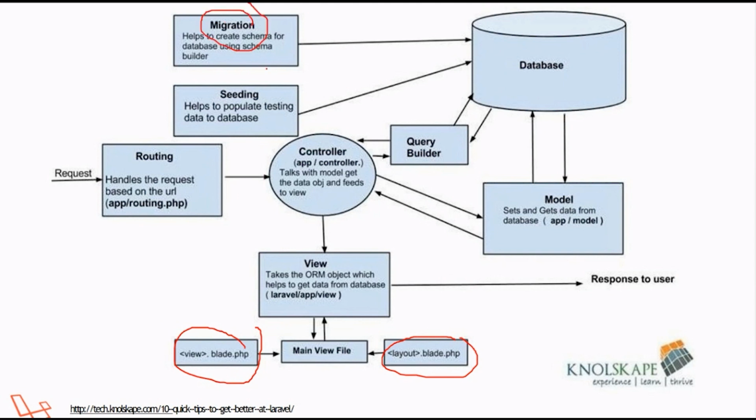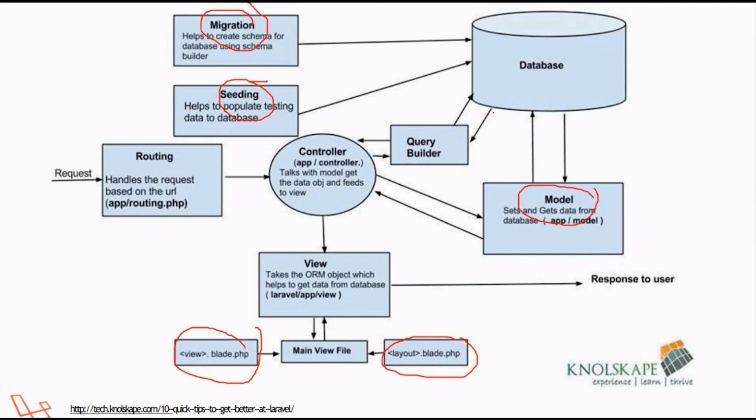Suppose migration is there, then seeding is there, then model building is there: how you can populate the database with some data, how you can seed the database. If you want to check whether your database has been developed as per the data that is present, or some single thing is to be checked, then you can simply do it with a command. Everything is to be understood in much detail, and we have to go through each and every directory structure so that we can know this in a better way.